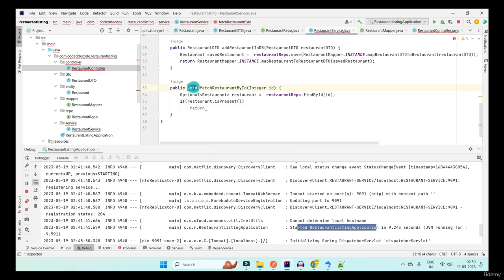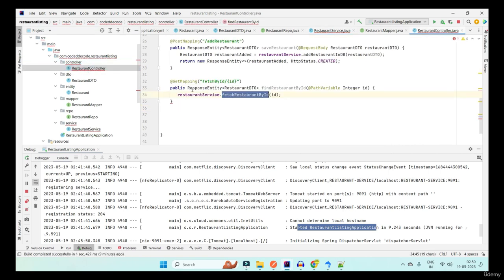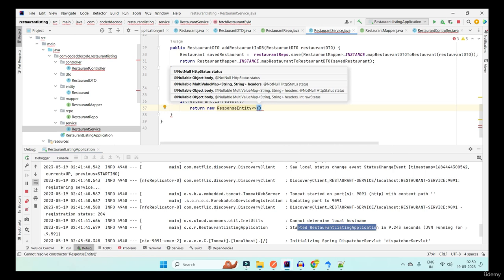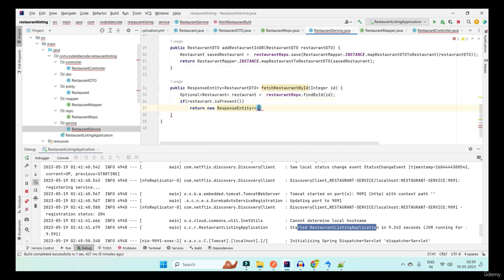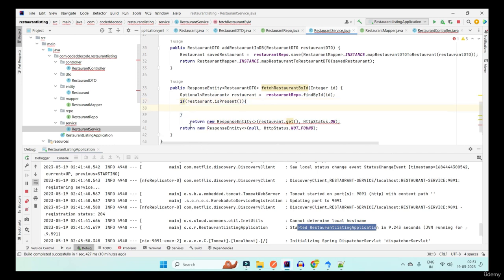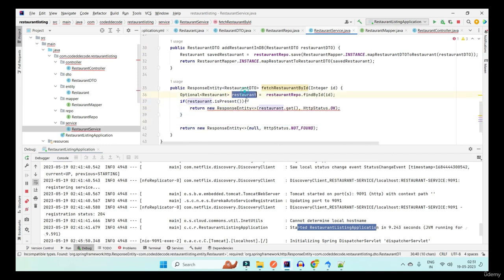So the return type of this can be the ResponseEntity again, and here we can create a new response entity. If it is present, then return restaurant.get with HTTP status as 200 OK. But if it is not found, then return new response entity with 404 not found and restaurant as null. But one thing to remember here, that if restaurant is present, then we need to return the restaurant but not the restaurant entity, what we are getting here.